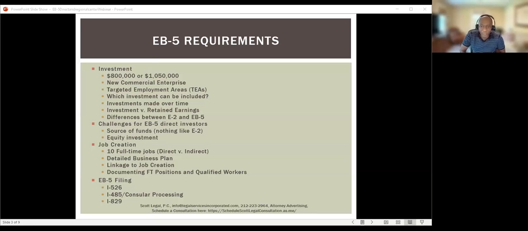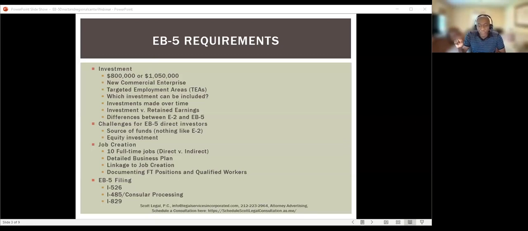So maybe not as much benefit to something being a TEA as in the past. Because if something is a TEA, let's say, for example, someone is investing over time. So let's say there's a business that someone is investing in and they don't contribute it all at once, and for argument's sake, it's in a TEA. They're investing $800,000. Let's say that person invested $200,000 over a 4-year period. If they did that, then every single time they made that $200,000 investment, in order for this to qualify as a TEA, the business would have to be in a TEA at the time each investment was made.